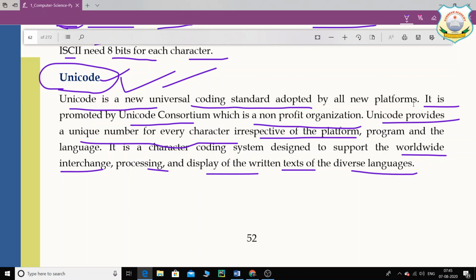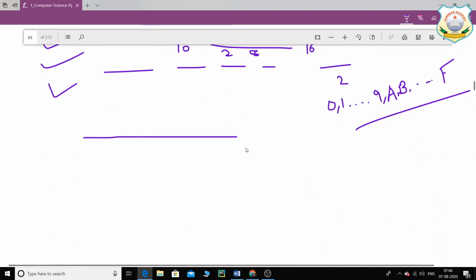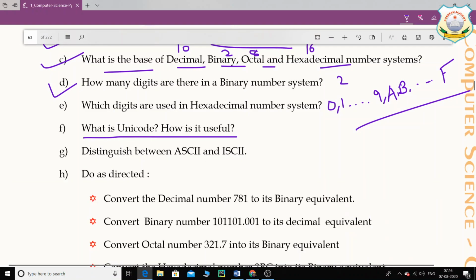If you talk about mobile, it works on Android, it works on Apple, it works on every platform, children. It works on iOS as well for Apple, right? So it works on all the digital machines basically. So that is Unicode.